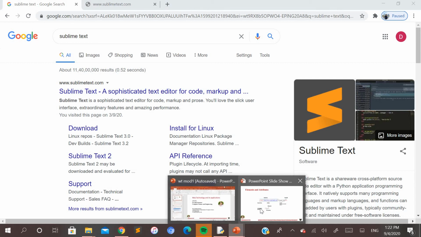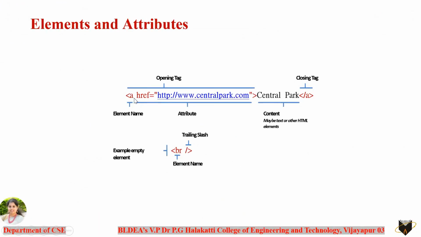These links are created with an element known as a. Whether I use the word element or tag, both are one and the same. Please do not get confused between these two things. Element and tag have the same meaning in the language of HTML. These links are created with the element known as a, which is called an anchor tag. This is just an example. You can see a has been started with the angle bracket here. The angle bracket has been closed here, and this is the text which is the name for that link, and then a closing tag here.